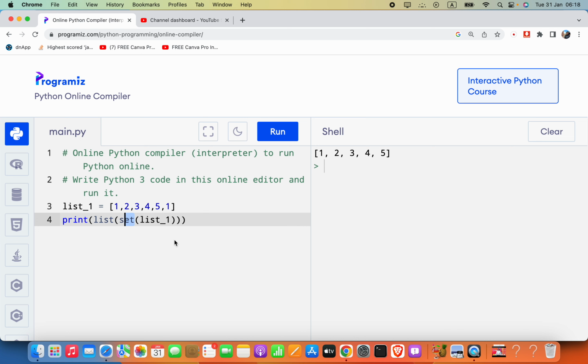Now we can go ahead and see how we can remove items that are duplicated in two lists. I will create another list here, list_2, which equals square brackets 7 8 9. Again we will pass in 1 here and 2. And what I will do in this print function, I will pass in list